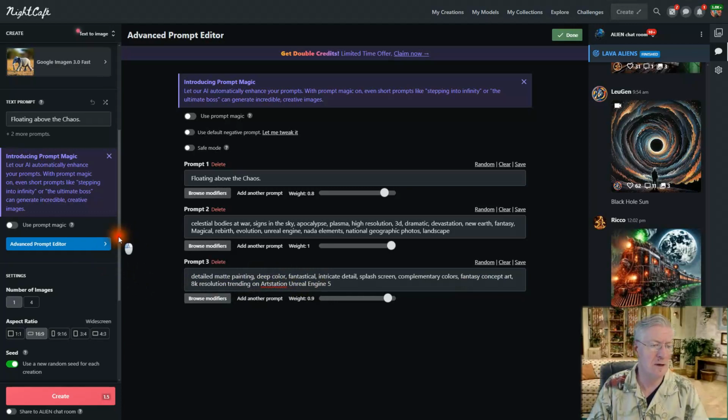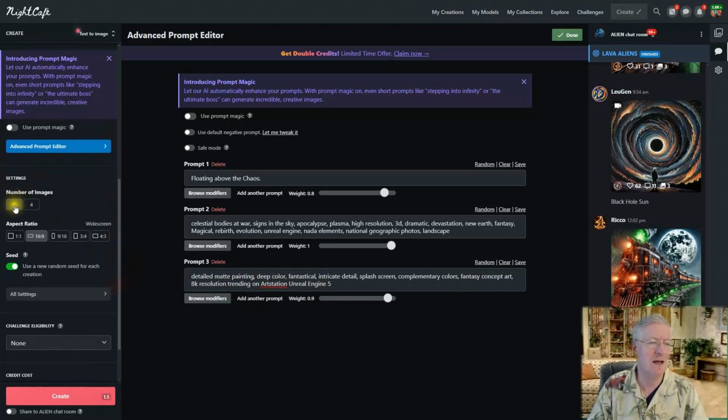Alrighty, and some of my other settings, I'm just making one at a time, so you could make 4. Some people like that and then just choose the one that they like most. And then for the aspect ratio, you could use a square 1:1, but I'm using 16:9. So in case I wanted to use it for my background on my computer desktop, I can do that. So that's perfect for that.